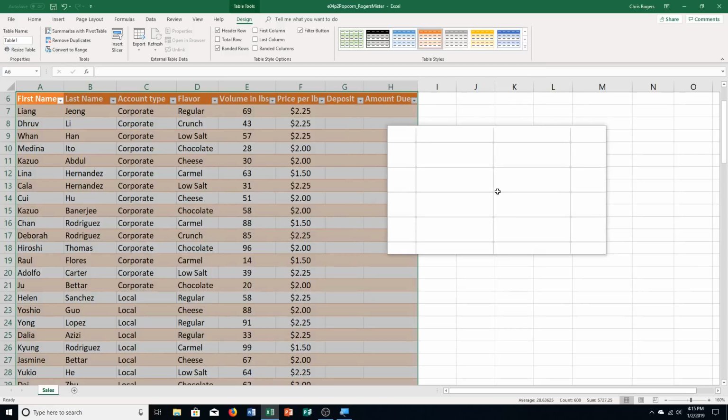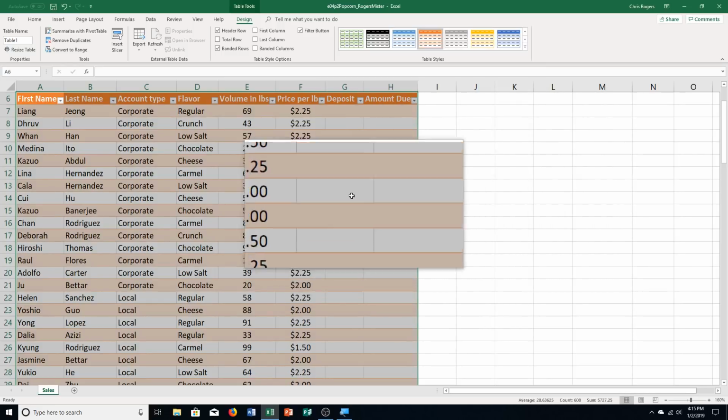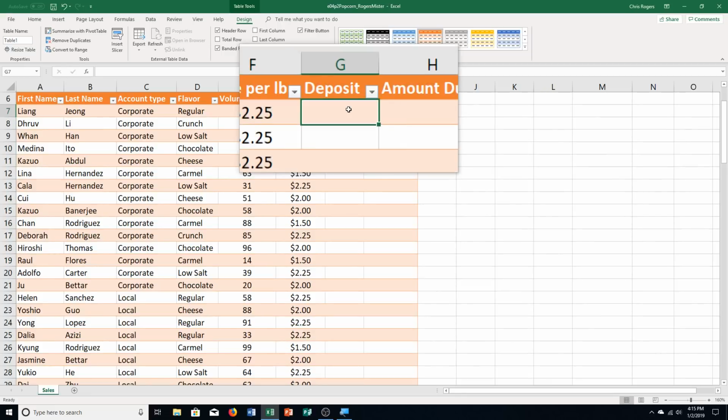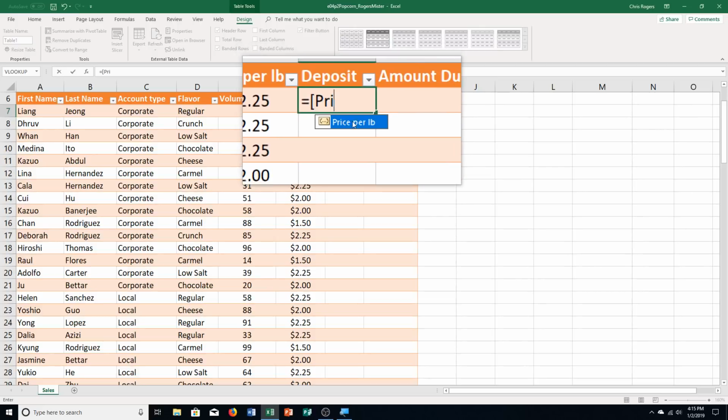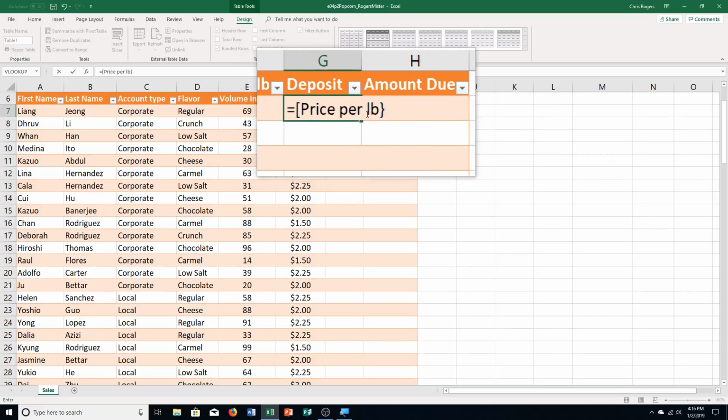Then step E, it says click cell G7. So right here where it says deposit, cell G7, we're going to type in some information. So equals, and then we're using an opening bracket. This is going to refer to a column in the table. I type in the first 2 or 3 letters and price per pound comes up, and that's what we want. So I double click on that, put a closing bracket, and then asterisk because multiplied by,